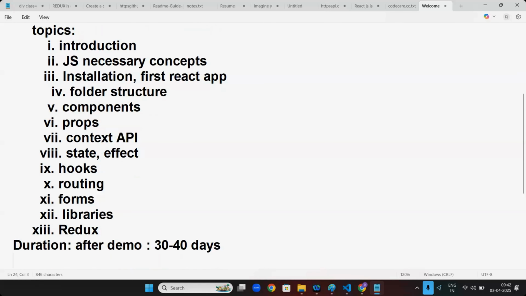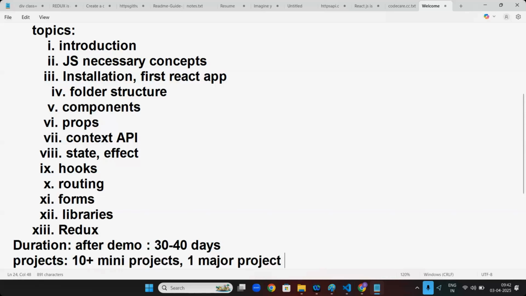It contains projects. 10 mini projects will be there. More than 10 actually, but a minimum of 10 plus mini projects. And we will do one major project, which is our final project. What final project will you do, sir?